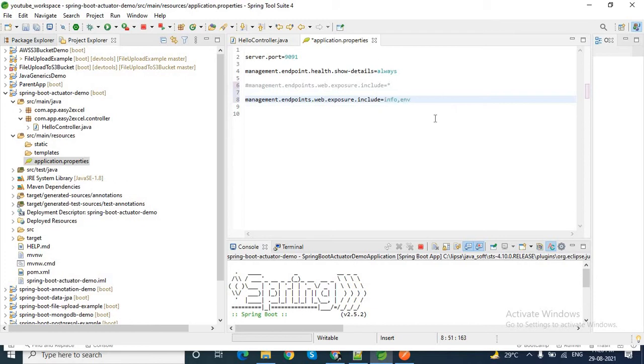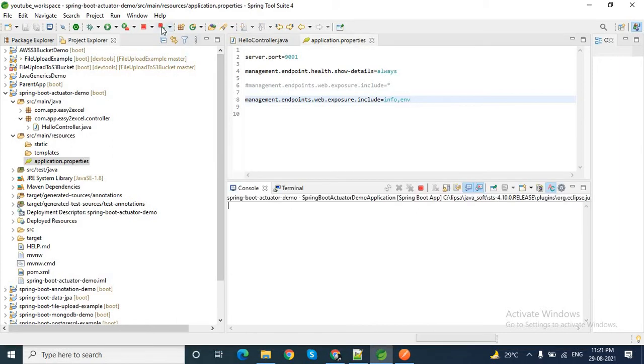You can give a comma separated list like this. So management.endpoints.web.exposure.include star is used to expose all the endpoints, but this comma separated list is used to expose a few. The endpoints you want to expose, you can give like this, info and env. So now only info and env will be exposed.